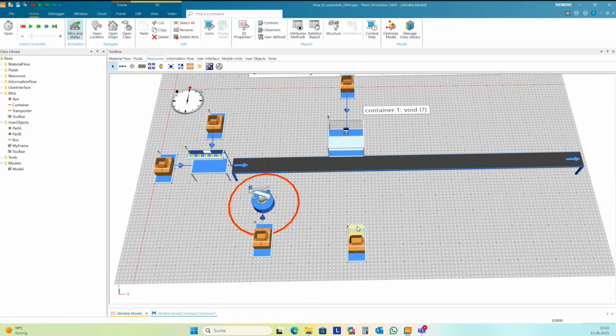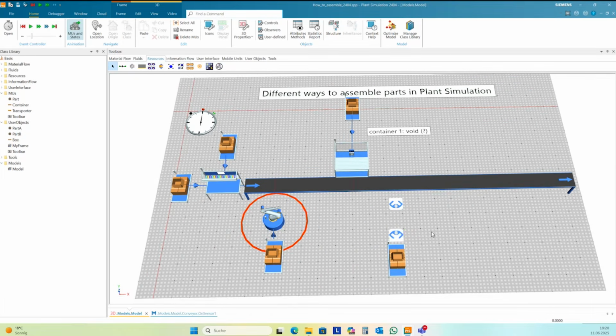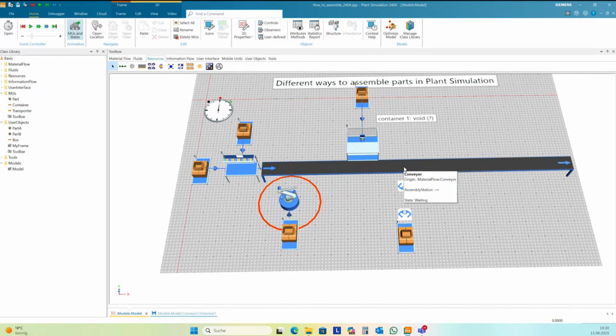And I activate the transport importer. And I need a second one. Like this way. And I connect this with the conveyor.